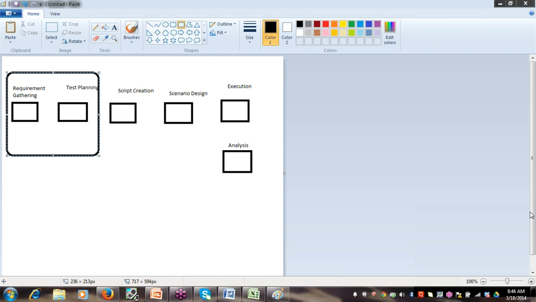We can end our session. In the next session, we would be seeing the application that we would be taking in our project, and then going through the requirement gathering and the test planning phase, including the requirement template and all. So if no one has a question, we will end the session.